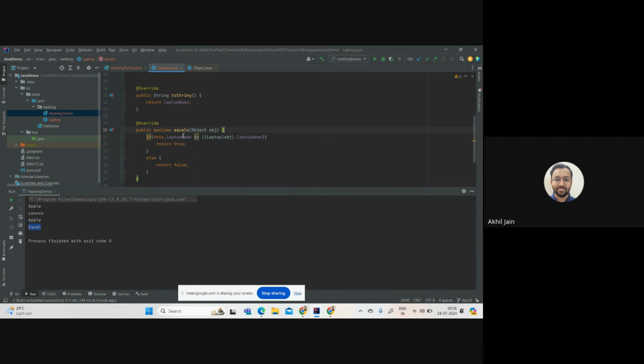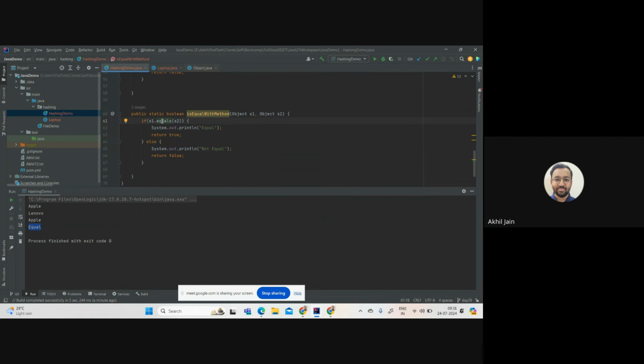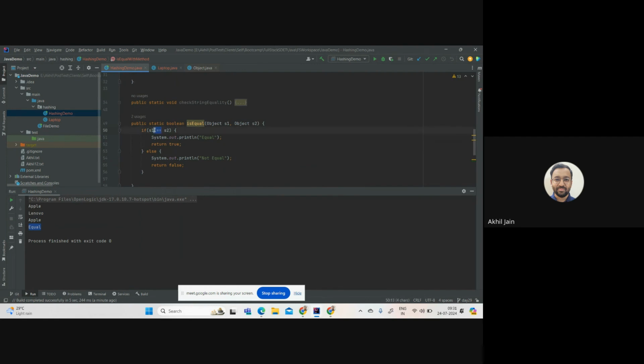Now we have achieved this, and whenever I use this equals method, it will go and check this only, right? But again, if I still use the double equals, I'll still get not equal, right? Let me show it again. If I run this, it will still return me